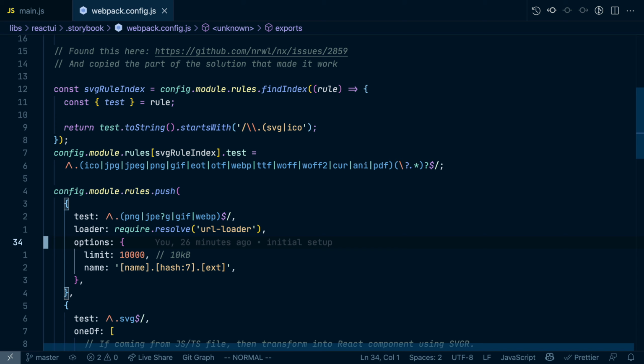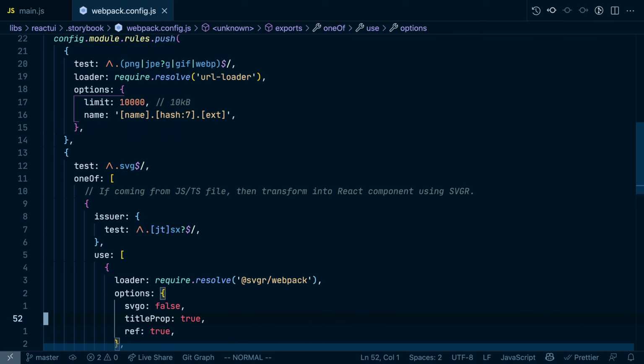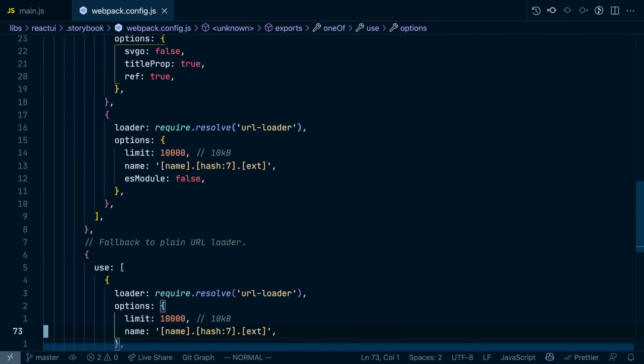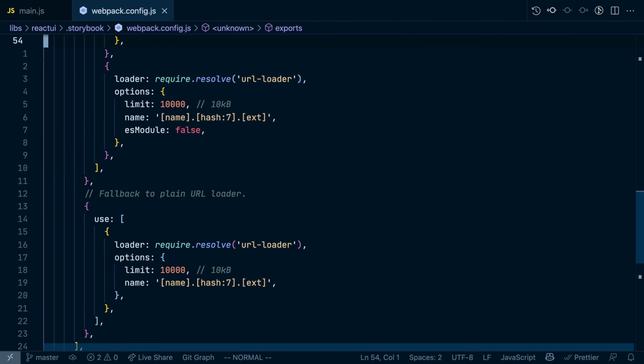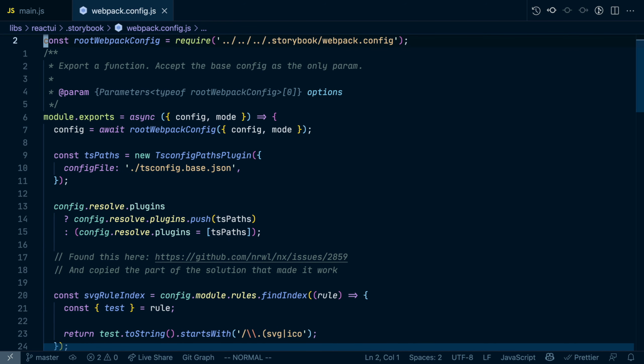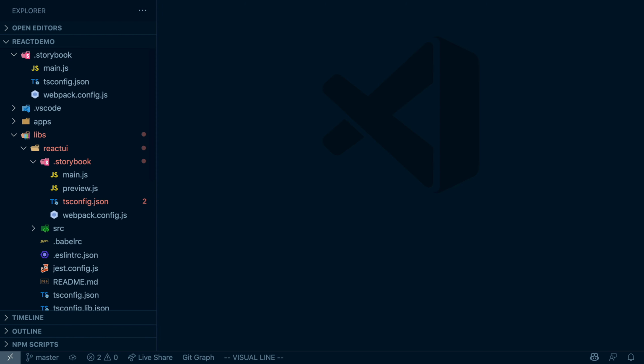There are rules for different URL loaders to make sure we're able to load different kinds of formats or SVGR setups, and much more. And so this file was really long and kind of tedious, because people could also modify this, which was also hard for us when upgrading NX workspaces automatically, right? And so apart from the configuration that is in there, one of the main problems was that the setup between the React application, like how the components are being rendered there, might in some cases differ slightly from what Storybook